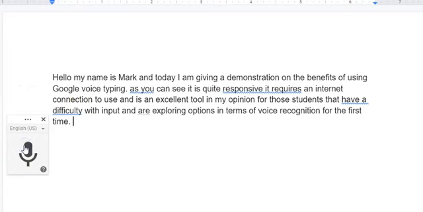And there we have it. So as you can see there, it never makes a spelling mistake. That's generally the case with all of the voice recognition tools, Microsoft Word Dictate, and the proprietary tools like Dragon Voice Recognition. They never make a spelling mistake, but what they can do is put a word in out of context. I haven't actually reviewed that text there now, but as you can see as well, some grammatical challenges there